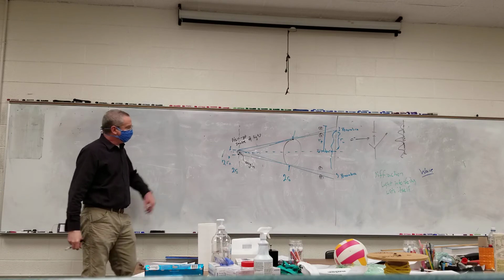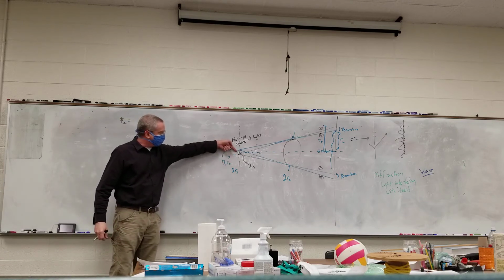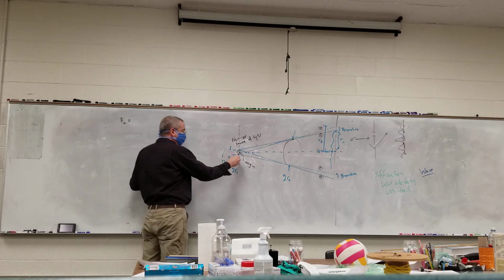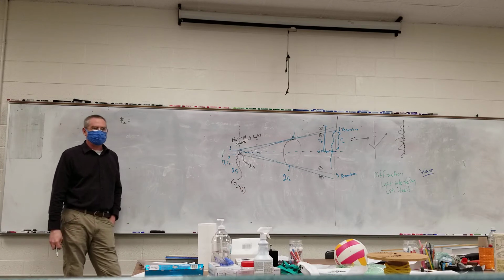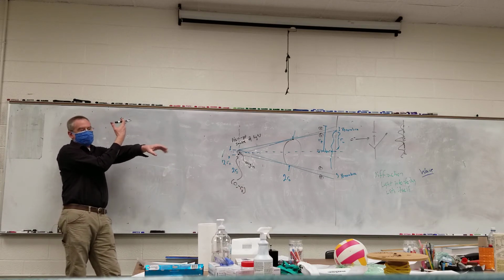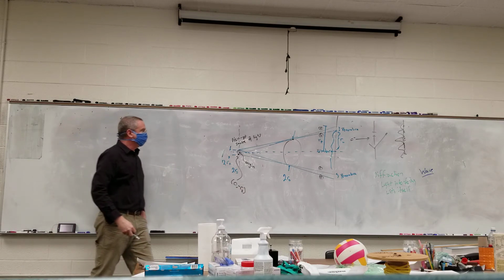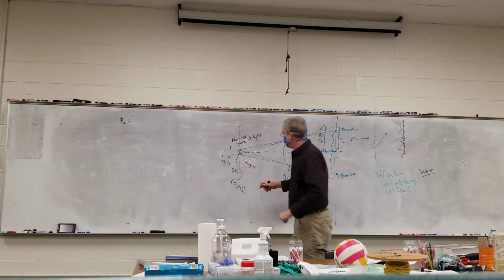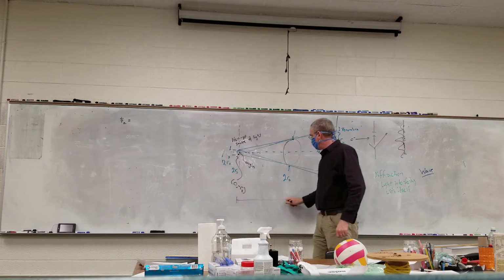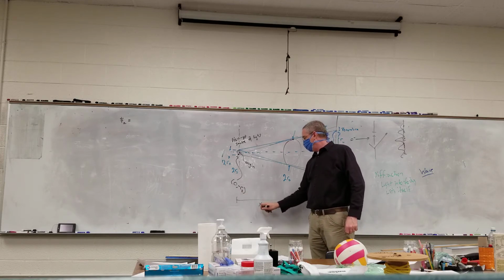Since my origin is right there, this point is (0, negative R sub s), using the traditional XY coordinate system. This point right here, I need to give some distances there, so I'm going to call this X sub